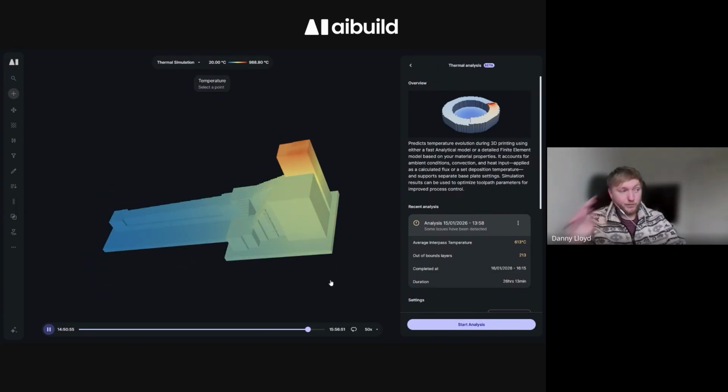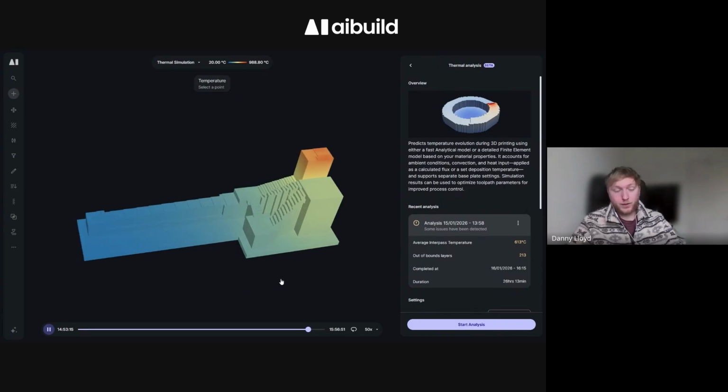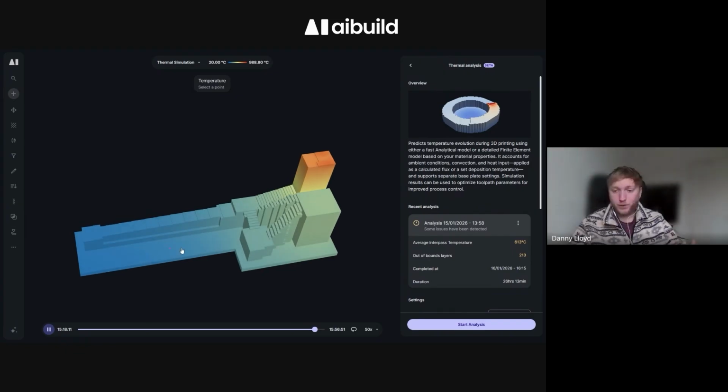And the next step for this year is to have a thermomechanical simulation as well. So that's going to be huge. We're talking analyzing the internal stresses, distortion, warpage. For a part like this with such a varied temperature gradient across the part, we're going to have quite a bit of distortion and warpage. And that simulation will show that, with the same kind of mentality in the future to use the simulation to automatically optimize the toolpath. Whatever that may be, it can provide information on how much clamping force you need, maybe changing directions on different layers to cancel out stresses, change heat inputs,